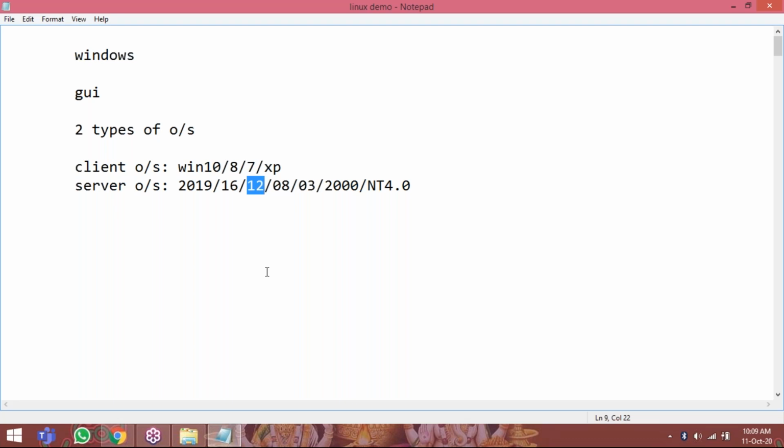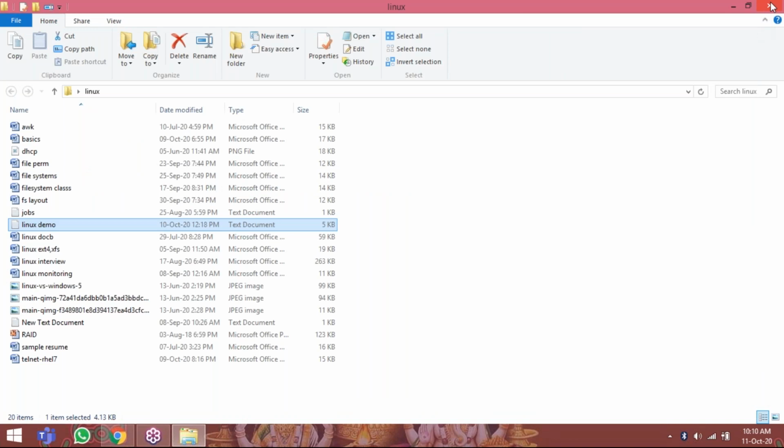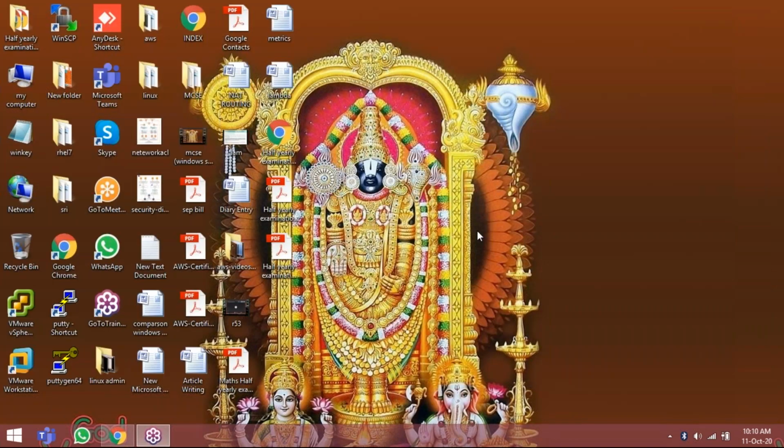We have different kinds of servers: file server, print server, domain server, DNS server, DHCP server, web server, application server, database server. As a Windows administrator, we are going to configure the Windows Server operating system with server roles. So now we are going to see how to install Windows Server operating system. Whenever you install any operating system, by default it cannot become a server by itself. So you have to make that operating system a server operating system.